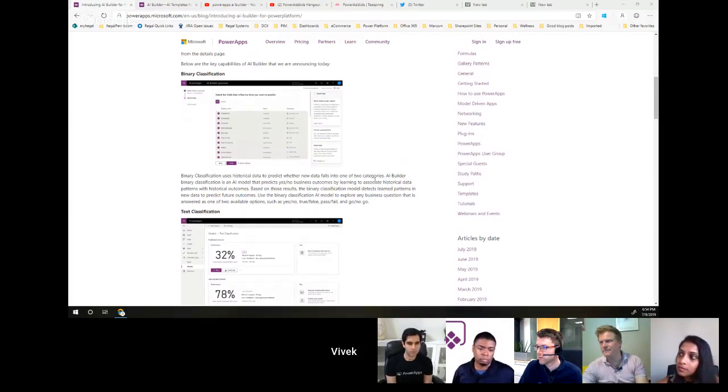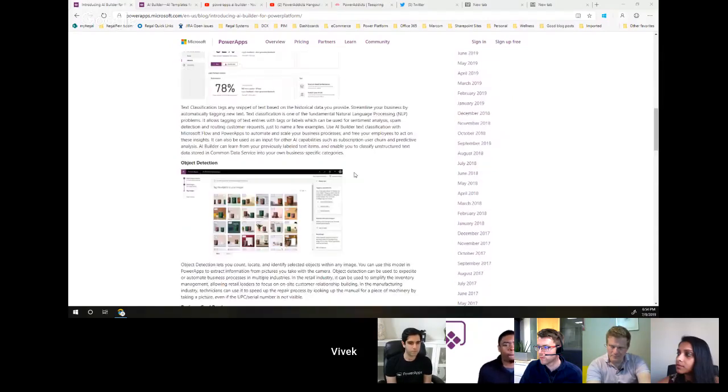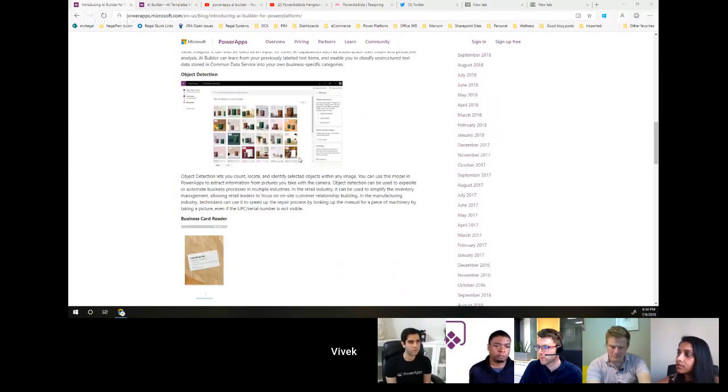Within AI Builder, there are multiple options. They have started to build options for which you can build AI models. Binary classification and text classification is one thing which I guess not a lot of people have still explored, apart from the ones who have made demo videos. The one which everybody was excited about was object detection. I scanned my wife's cosmetics to detect what they are, because of course I don't know anything about it, and to be able to add them to an Amazon shopping cart and then order them.